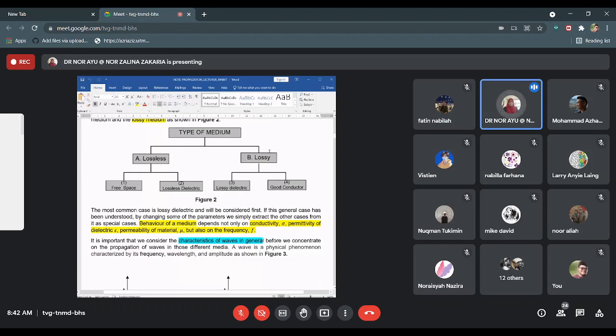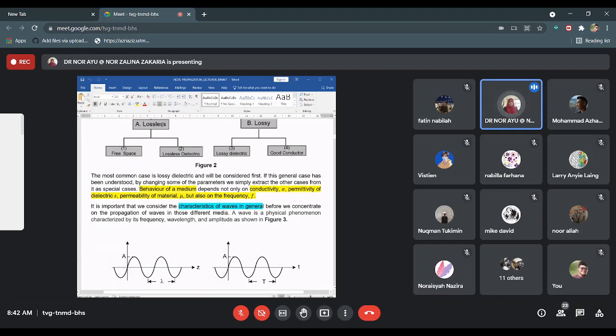Right. So another type of medium is what we call lossy. Lossy can also be divided into two. One is lossy dielectric. Again, we have lossy, we also have dielectric in the lossy medium. Okay, and then another one is a good conductor, where it will transmit your signal by using a conductor. Okay, and then from here,